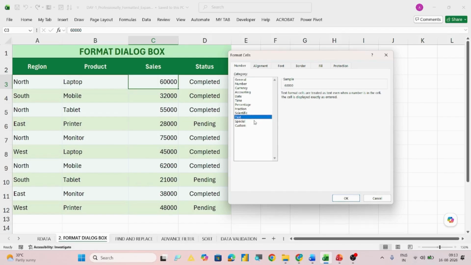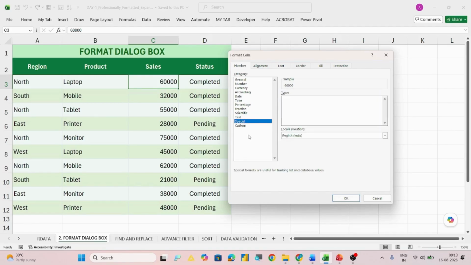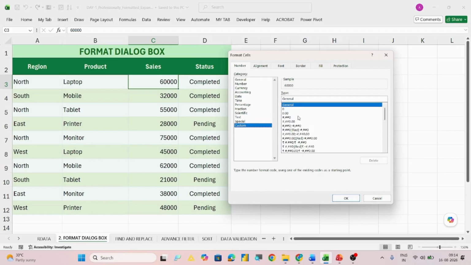Then we say that all right-aligned digits are numbers and all left-aligned digits are text. You have to convert the data type whenever you are performing any calculation. Then there is a special data type, wherein again a sample is given and you can change the locale from here. And you can have a custom format also.